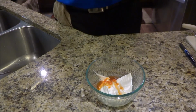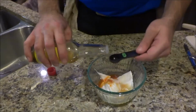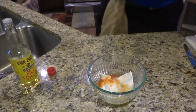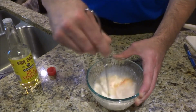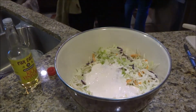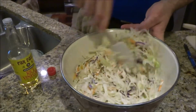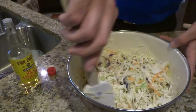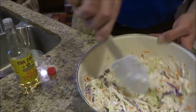So we have 1 tablespoon of sweet chili sauce, 2 teaspoons of sugar, 1 teaspoon of rice vinegar, right in there. And then we're just going to mix that up. We're going to add that to our slaw and just stir it up. It might look a little dry right now, but as it sits for, I don't know, 5 or 10 minutes, it'll get a little bit more moist. That's going to add a zesty creamy crunch to our deliciously sweet and spicy pork